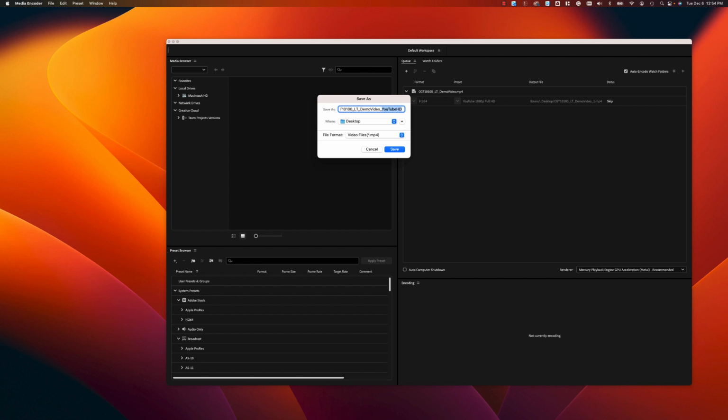Otherwise, you will have to pull the file information or the properties to find out how this is encoded, and you may get confused if you render several versions out. Just pick a location and always save it as an MP4 file because YouTube only accepts MP4. So once I hit save,